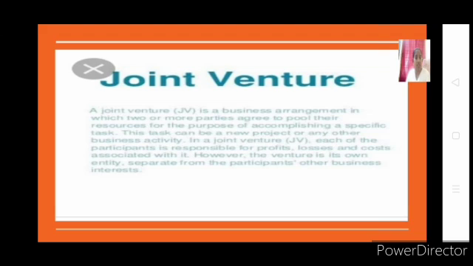In joint venture what we study is that Hero will be a separate company, Honda will be a separate company, and together Hero Honda will be one company. Hero company will go on with its manufacturing, Honda company will go on with its own manufacturing, and Hero Honda, a new company like C company, will be doing its own business. In that way they share profit and loss. It's just like partnership. In partnership two different people come together to start a business, but in joint venture two different businesses participate to start a new business. The new business will have a separate legal entity. So it is called your joint venture. In the textbook you have examples for joint venture, please go through that.